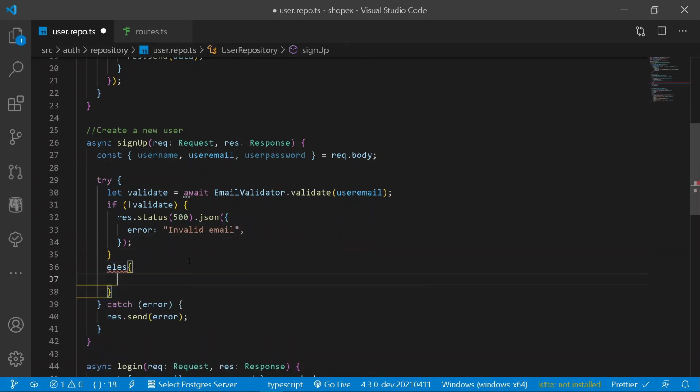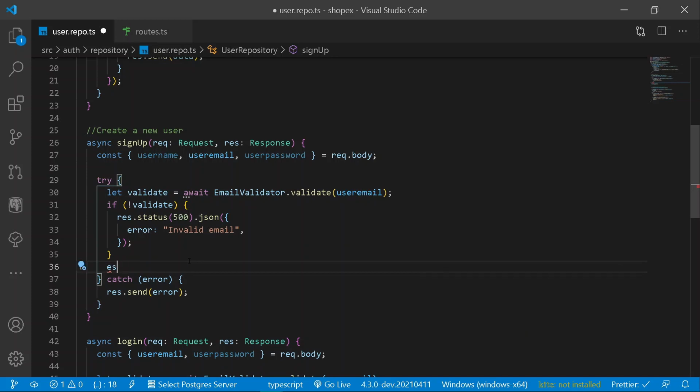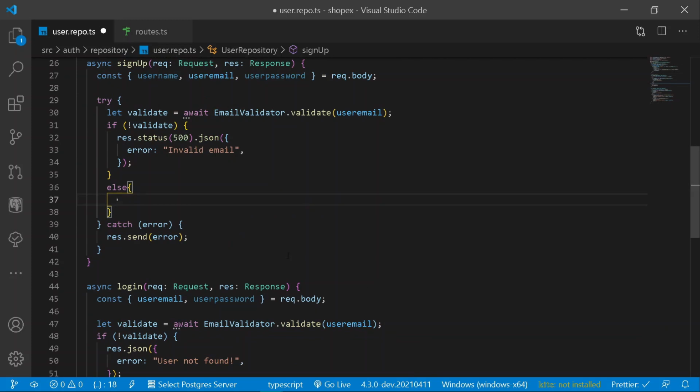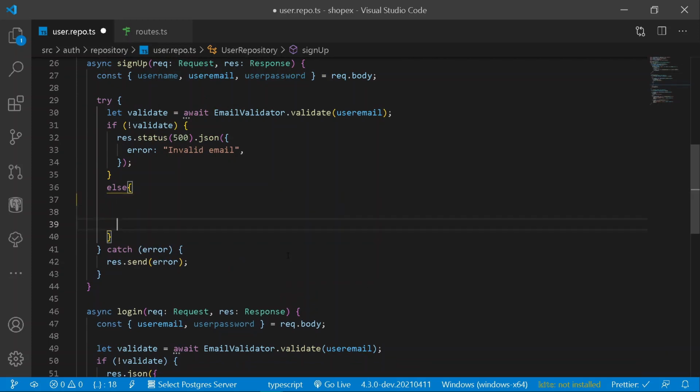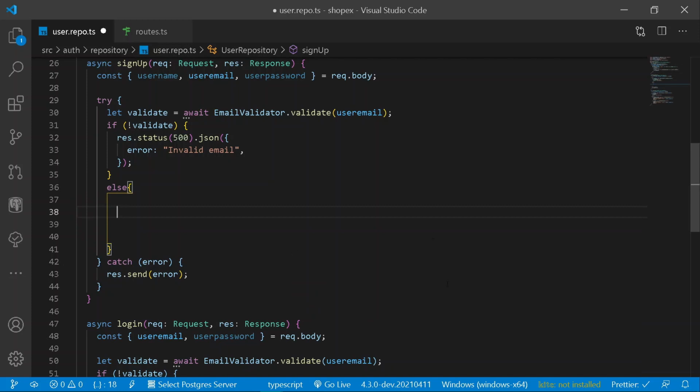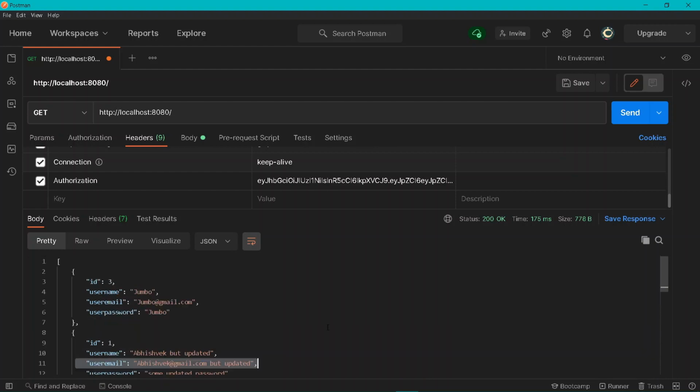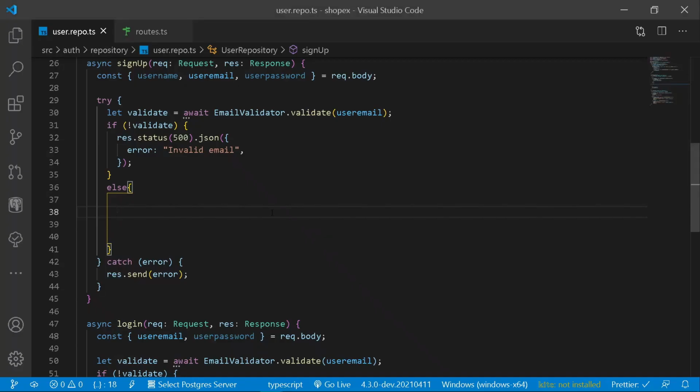Let's come out of our if condition and play our actual game, but before that let's have a proper spelling of else, just like this. So under our else block, first of all we need to find whether the following email already exists or not under our database. That's because if we move under my Postman, here you can see we are getting the user email of the users, and so if a new user signs up under our application, and if the following user email is already reserved, we should be sending him a message that the following user email is already taken. So for doing that, let's go back, and here we need to first of all find whether the email exists or not.